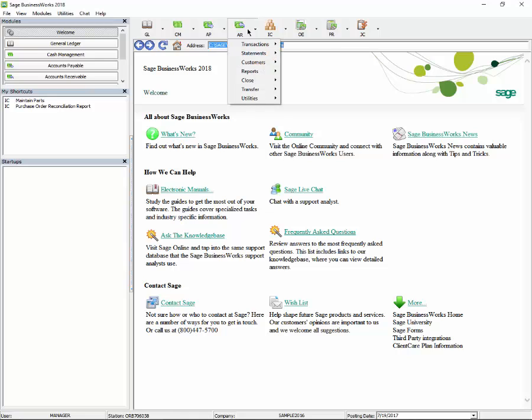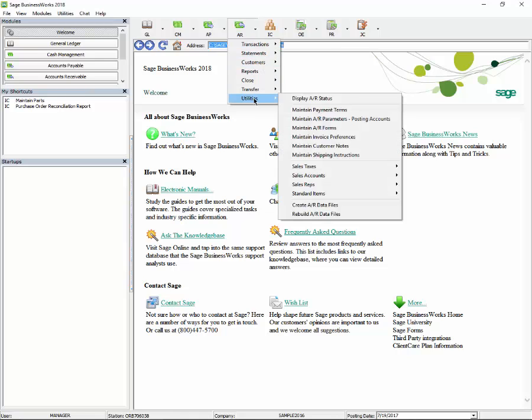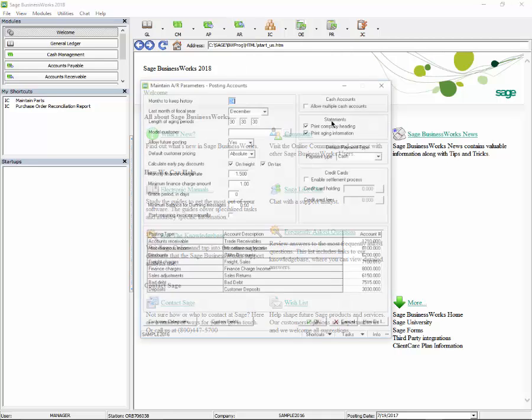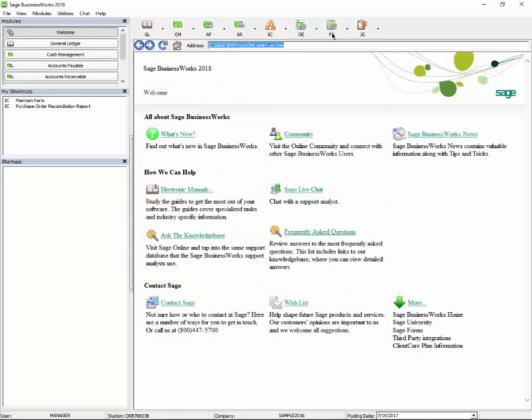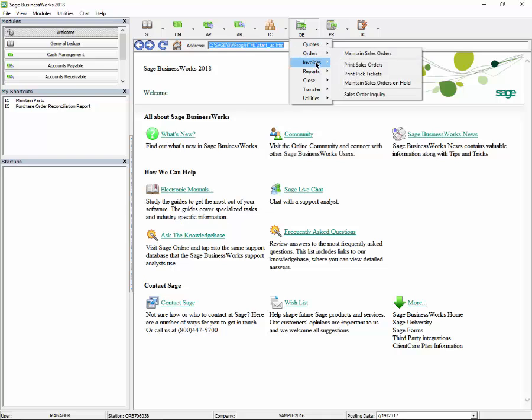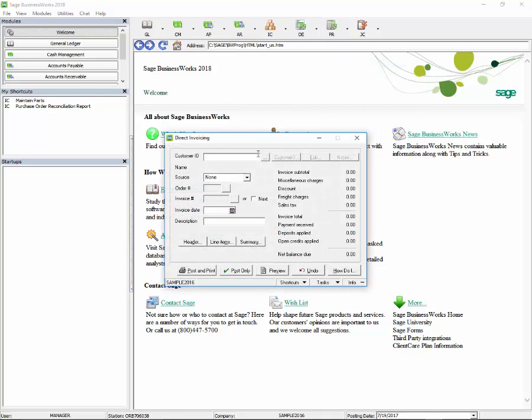Now, in version 2018, if we go to accounts receivable, utilities, maintain AR parameters, posting accounts, you'll see over here on the right-hand side, there is a new option of default payment type. This is where you can select if you would like to default to cash, credit card, or check. So if I select check and say OK,